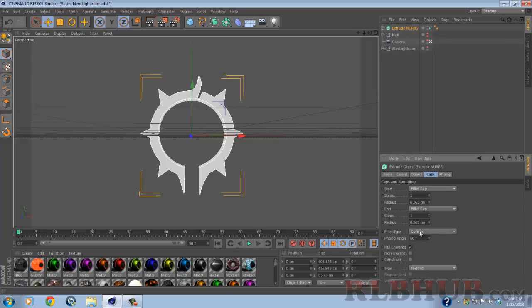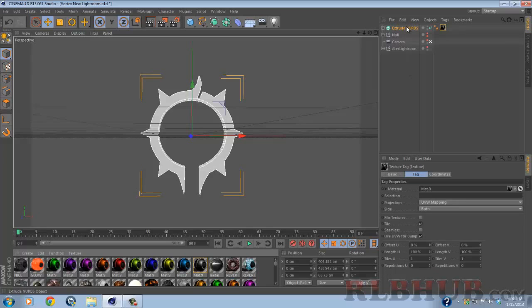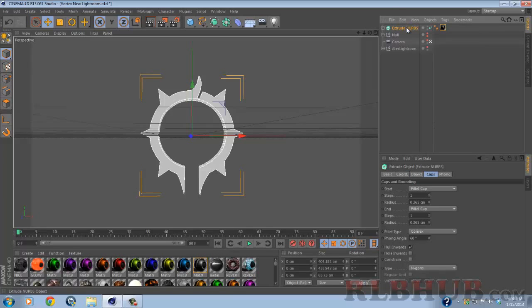What I'd recommend is to leave everything else the same. Now put maybe a gray texture onto your logo or text. And once you have done that,